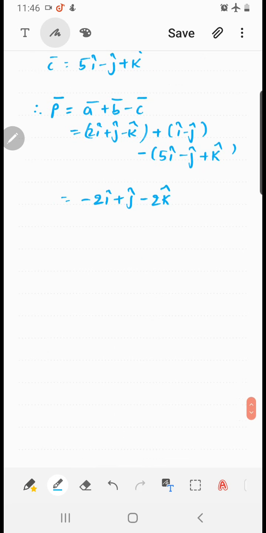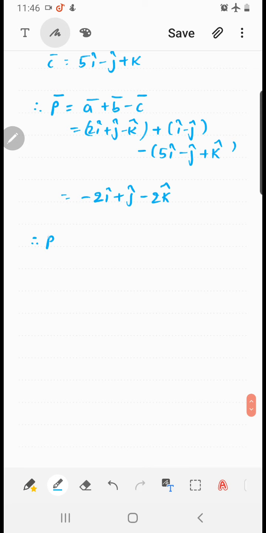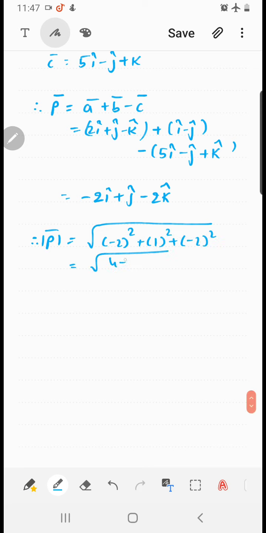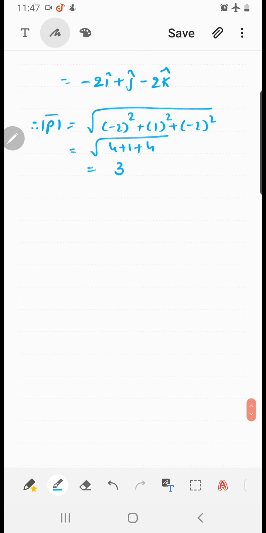Okay. Now let's find its magnitude. So what I get, mod of p bar. How to find magnitude? Under root of the coefficients squared and added. So what I get, under root of 4 plus 1 plus 4, root 9, which is 3. Okay. So that is done. So you got magnitude, you got direction, you got the vector. So now we can find the unit vector in the opposite direction